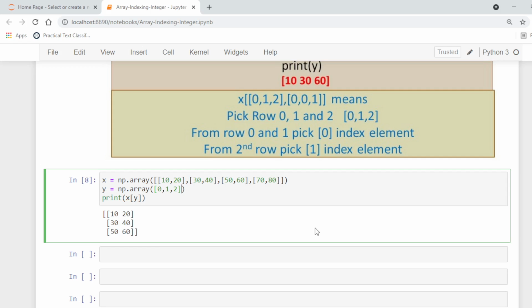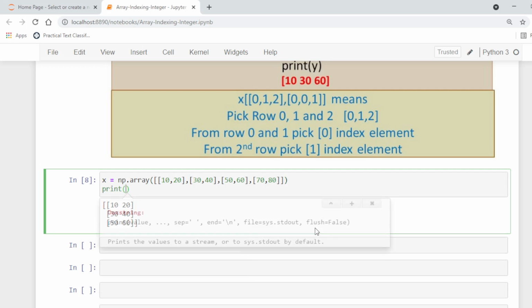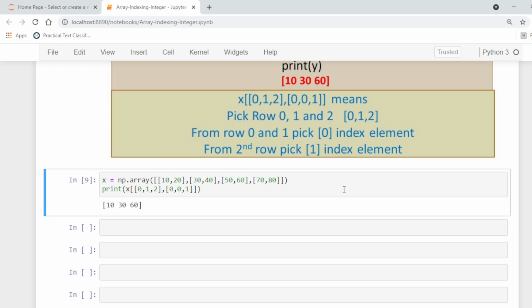You can also specify the indices directly in X like this. For example, print X. So here is rows 0, 1, 2 and columns 0, 0 and 1. We will get the following result: 10, 30 and 60.